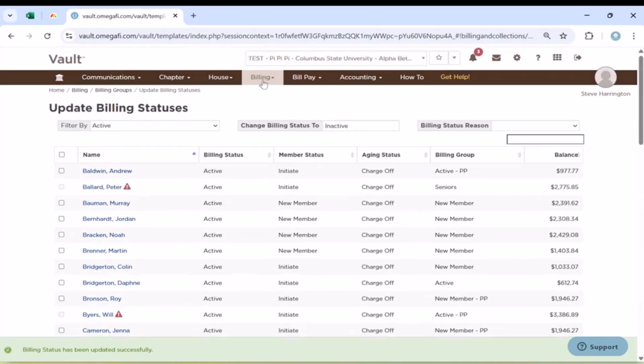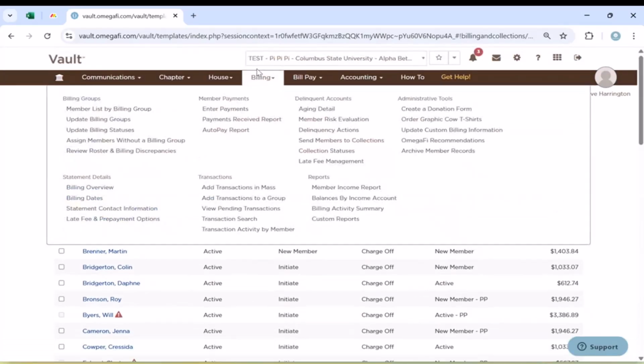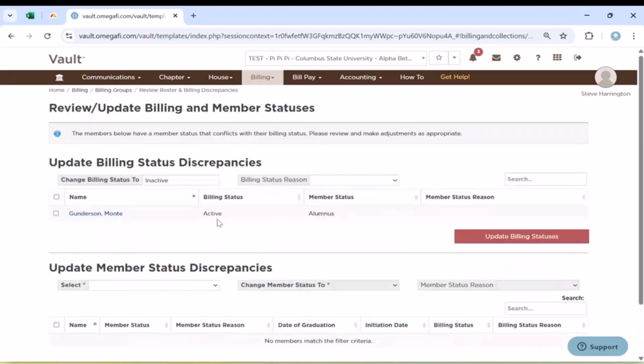our active billing roster. Now, the reason I left Monty as an alum that's in active billing is we do have a section under this billing tab that will help catch things that you may have missed. So if you go to review roster and billing discrepancies, this is going to pull all of your members that have a member status that we think probably should have an inactive billing status. So if you have members that are alums, disassociated, expelled, suspended, dropped, depledged, any of those member statuses, and we see that they're in active billing, the system kind of puts them here